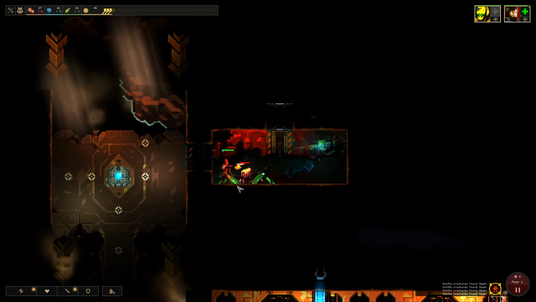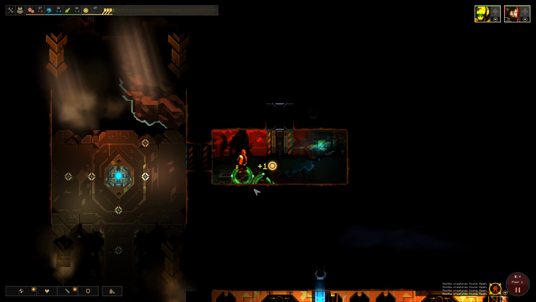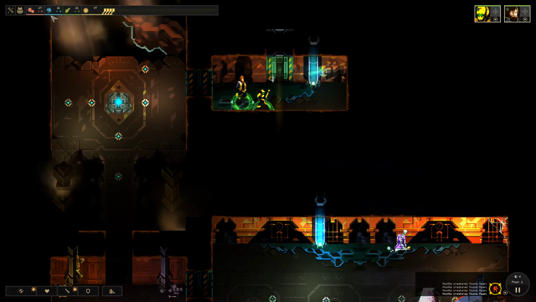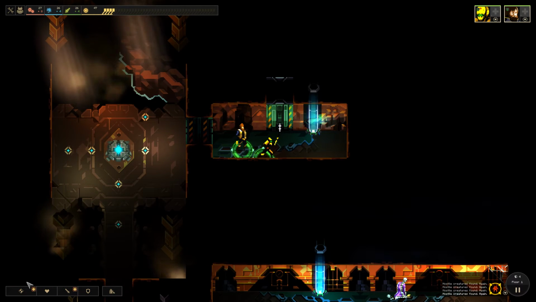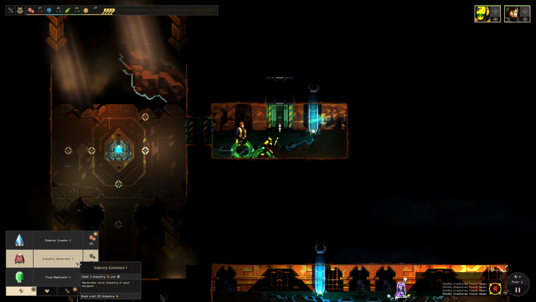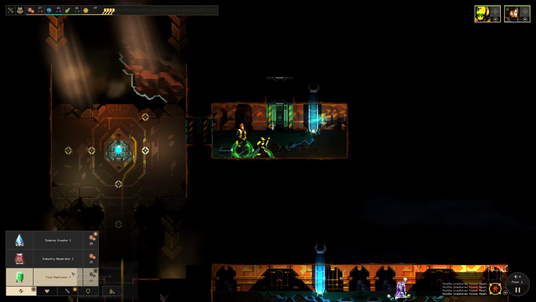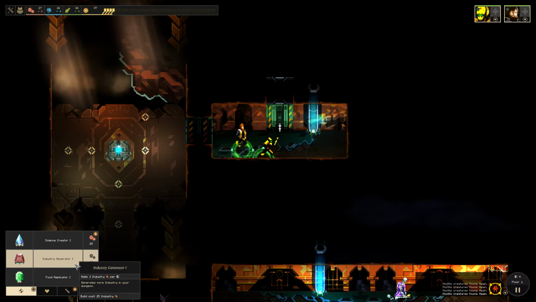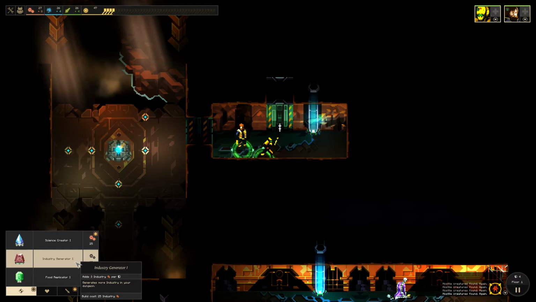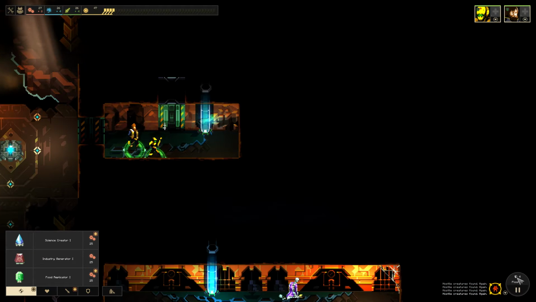So let's just kill these guys, get some more power. And also now we have more resources, so we can build another of these industry generators. I like to prioritize these in the beginning. The problem is that since they only give resources for every door we open,